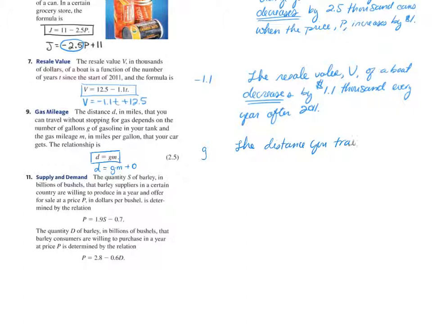you travel without stopping for gas increases, and I know that it's going to increase because the slope is positive, increases by some G, so G can be any number, increases by G miles, and I know that my unit is miles because the distance that you can travel is measured in miles. So the distance traveled without stopping for gas increases by G miles for each additional